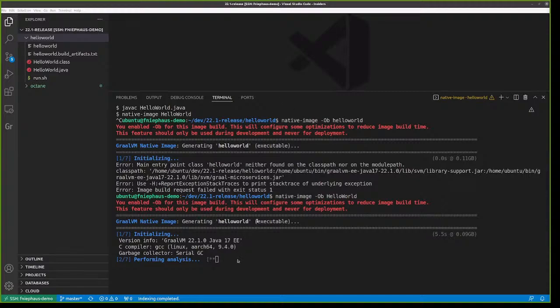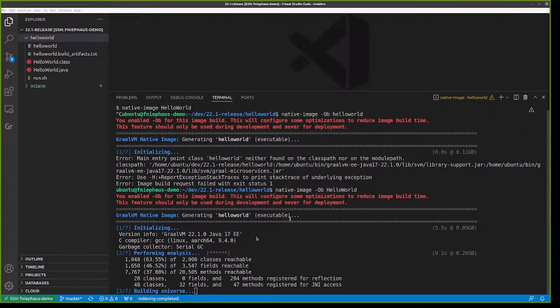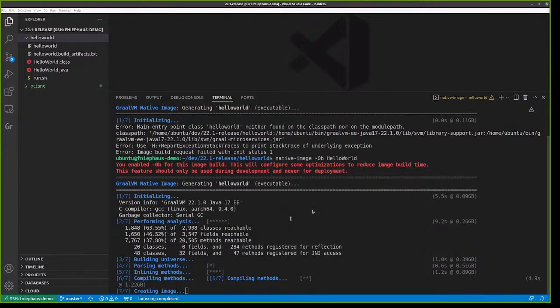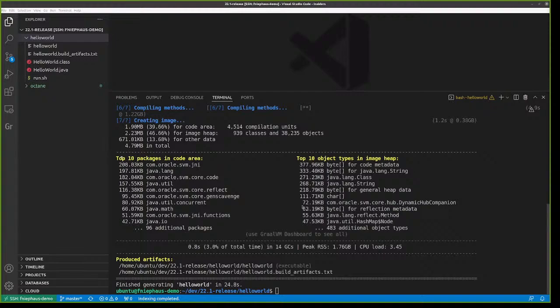So, yeah, this is reachable methods, inlining methods, and so on, but I'm interested in the breakdown of code that will end up in the image. It's creating the image now. Yes. So here you can see the breakdown of code, and here you can see some of the aspects that